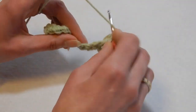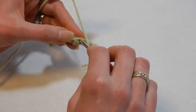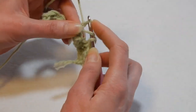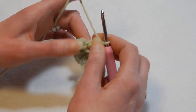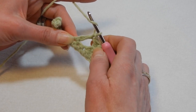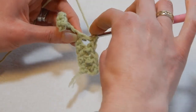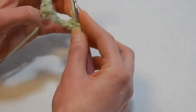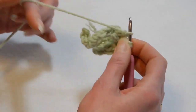So now we're gonna do the same, yarn over the hook, you're gonna skip the next stitch, and in the next stitch you're gonna do an extended double crochet, the next 2 loops and the next 2 loops, yarn over the hook, and now we're gonna go back into the stitch that we worked last, this one. So from back you go into that stitch, you pull up a loop, and you do the extended double crochet,